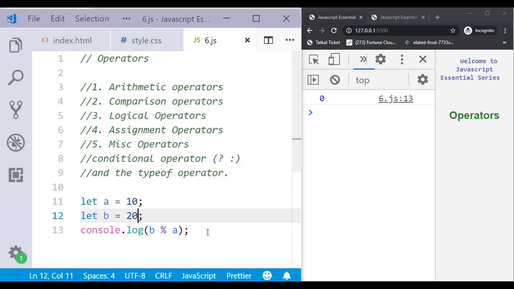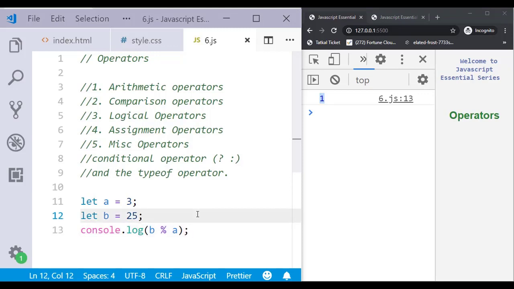But suppose I have 1, so the remainder should come as 1. If I put here 5, then I should get 5. Suppose I have 3, so 3 into 8 is 24, and 1 is the remainder. If I save now, I'm getting 1 as the remainder.